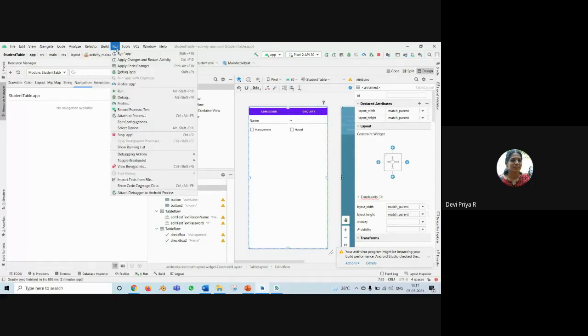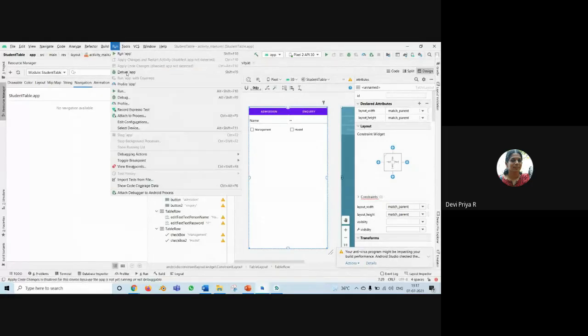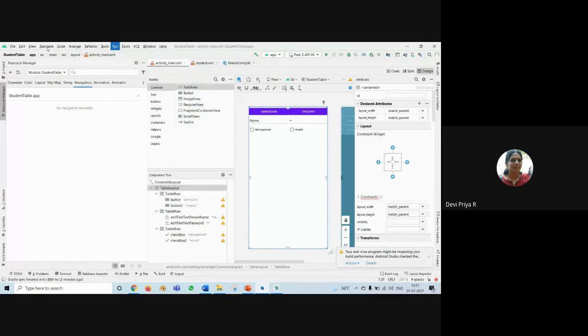And run app. If you have not saved and your changes are not reflecting, you just give run app. This is the basic run app. And here also after running, you can choose this run app, apply code changes. These are different options. And if you want to debug, you can debug, and you can include the breakpoints also.